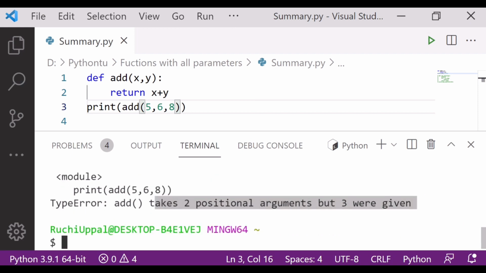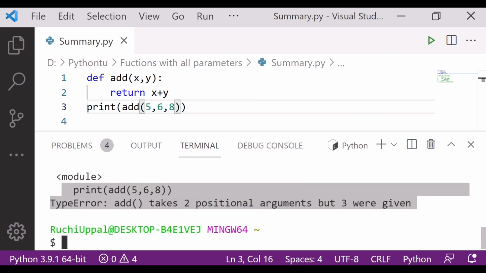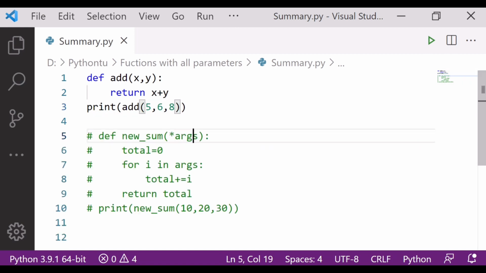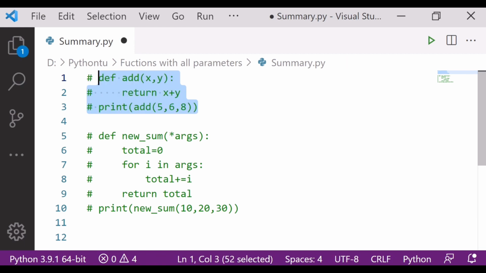Now it is saying that add can take only 2 positional arguments, but 3 were given. So this is the difference. If we use args this way, we can pass as many arguments as we want. But if you do not use args, then you can pass only the two, and otherwise it will raise the error. I hope it is clear to you what I am trying to tell you.